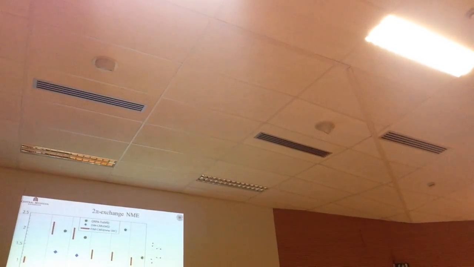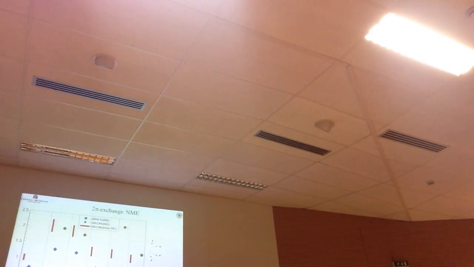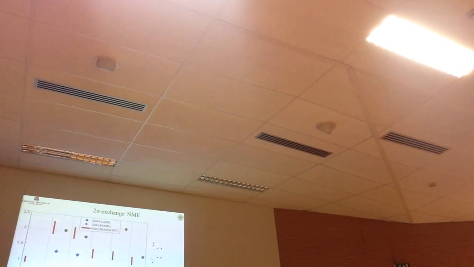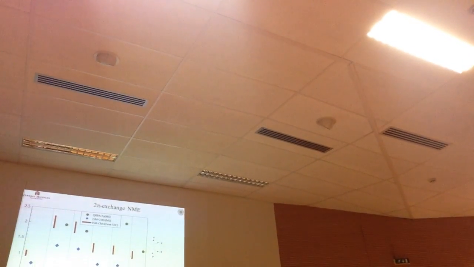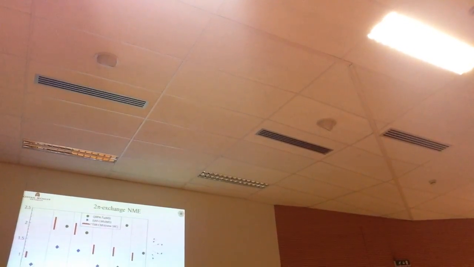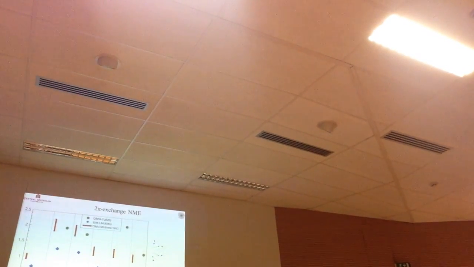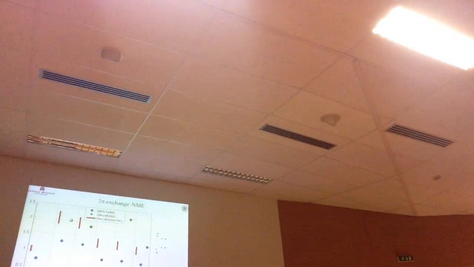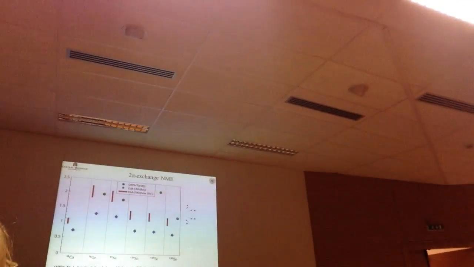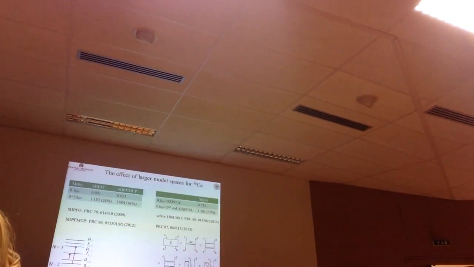This was made on a Macintosh and with a Windows computer. This is a 2-pi exchange NME, and these are some old results from the Tübingen group in green, and our results are the bars, and they are not to be compared because the old Miller-Spencer was used in the QRPA results. So in fact, you should compare the green with the blues to make a good comparison. All right, so